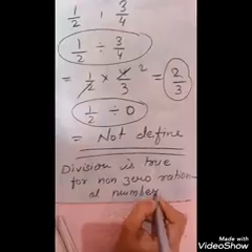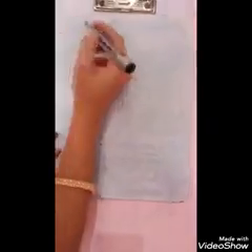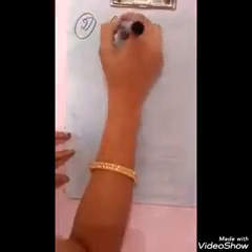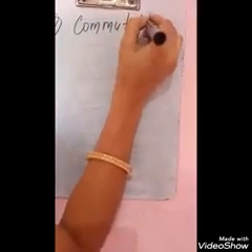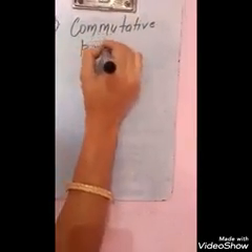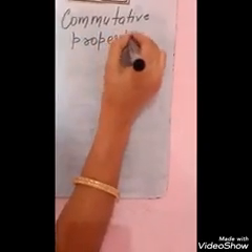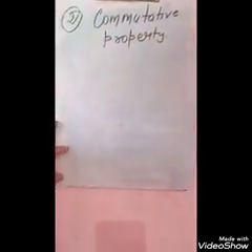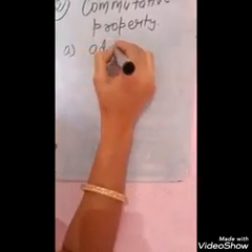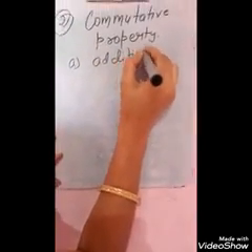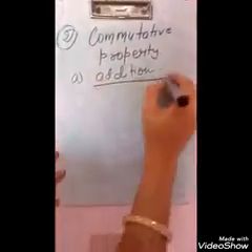Student, remember I am talking about closure property. We will talk about the second property, which we call the commutative property. Let me introduce you first to what the commutative property is. First, we will take it for addition, and then we will take it for all the operations.